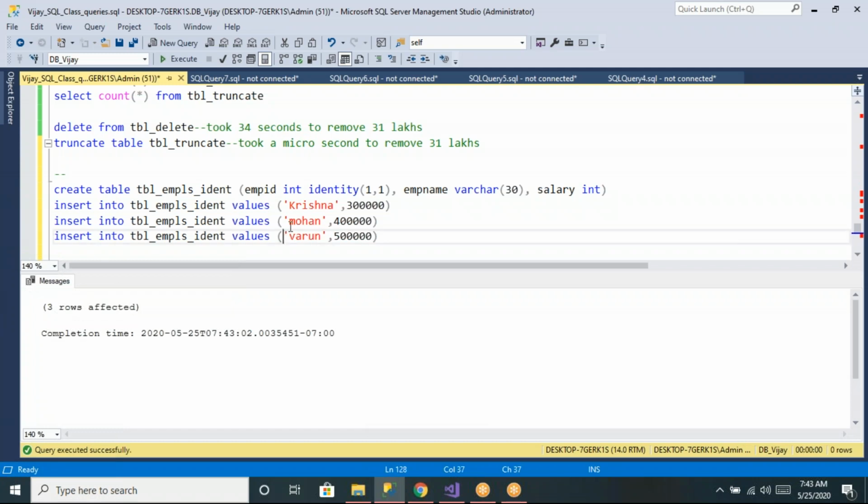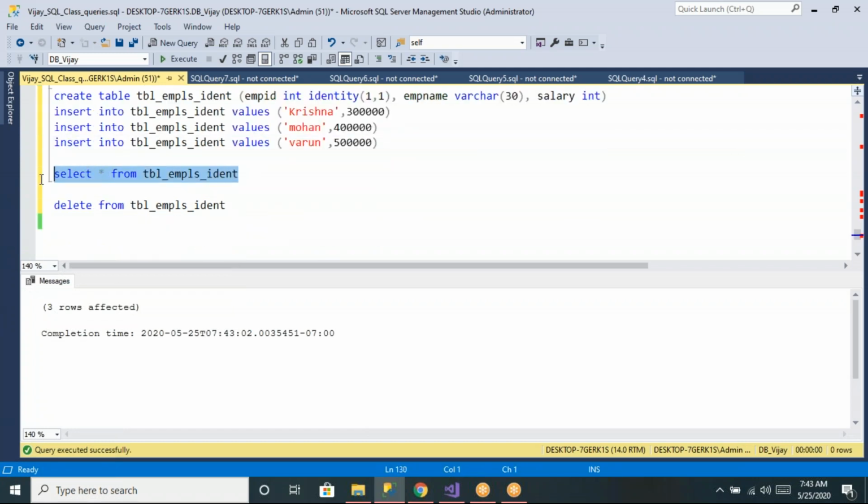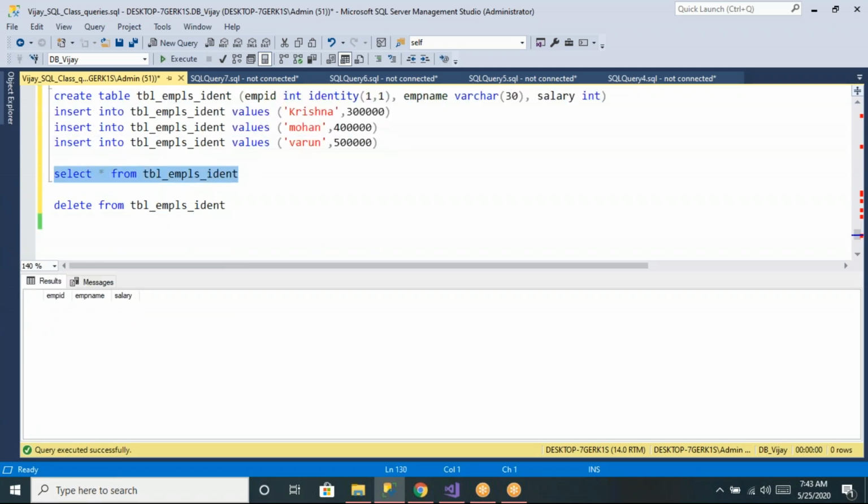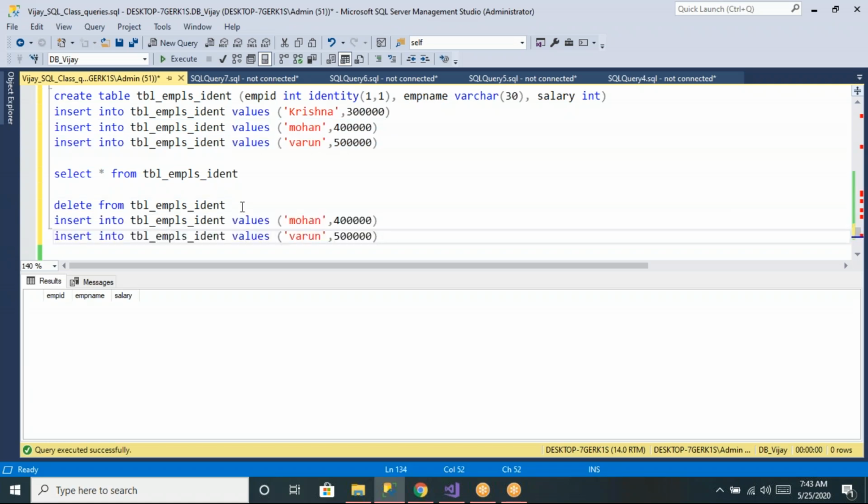All the 3 records are deleted. Now you can see in this table there are no records left. Now after deleting all the records, I will try to insert 2 more records. So let us say something like Suresh, something like Rakesh, like this.